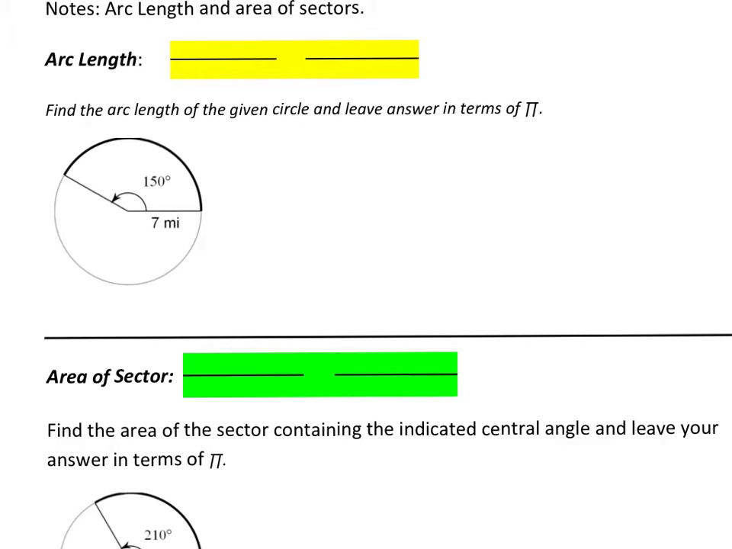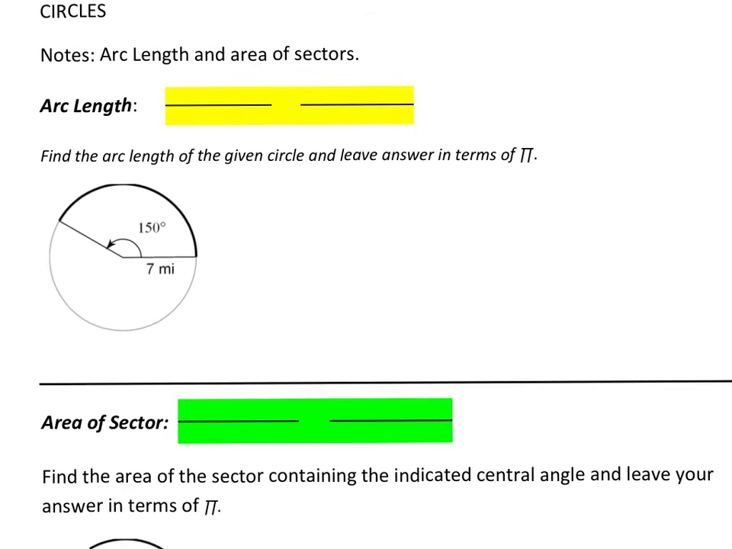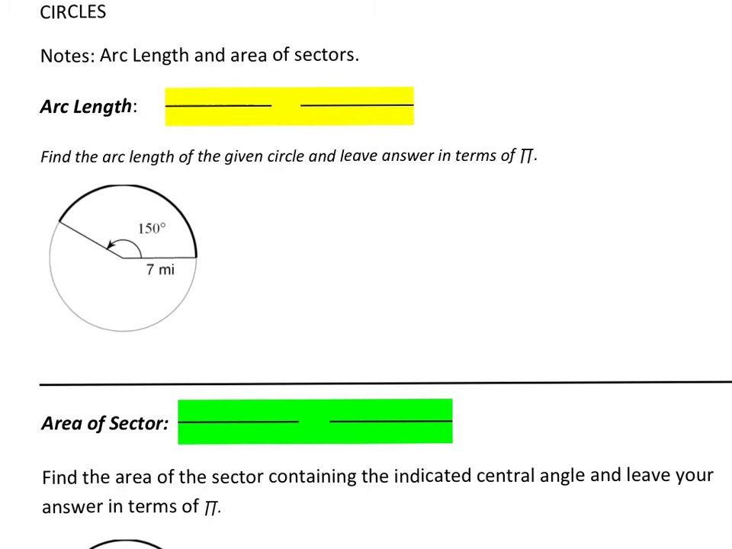Hi everyone, these are the notes for arc length and area of sectors, and don't forget we're still working on circles, okay? So for instance, the formula for arc length is central